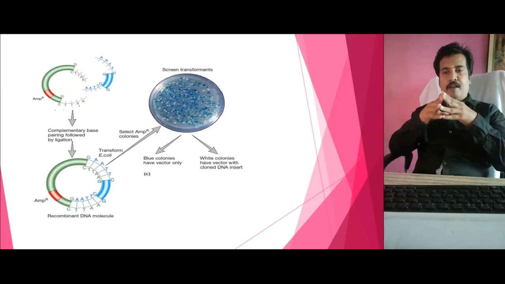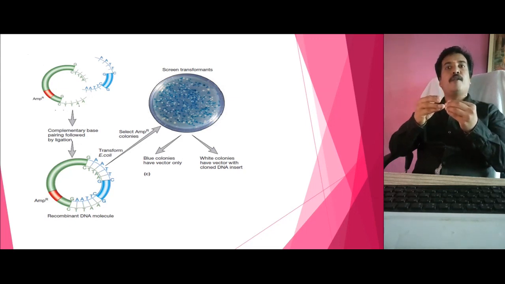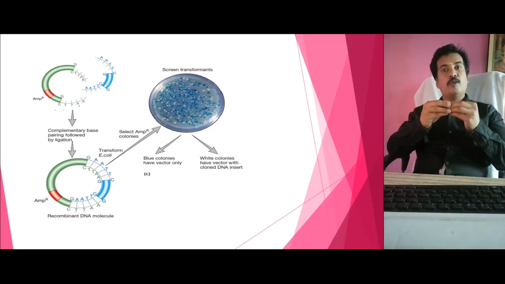Consider that I have taken DNA, that is a vector, and I have put the vector into the bacteria. In this case, the vector might be carrying the foreign DNA, or the vector might not be carrying the foreign DNA. Both have the ability to grow in the same minimal medium. But now I have to identify which one is carrying the foreign DNA. As you can see in the picture, we can see two types of colonies. One is called a blue colony and another is the white colony.